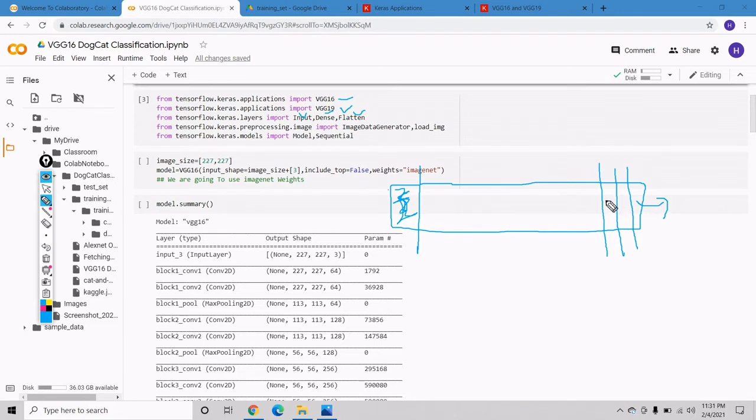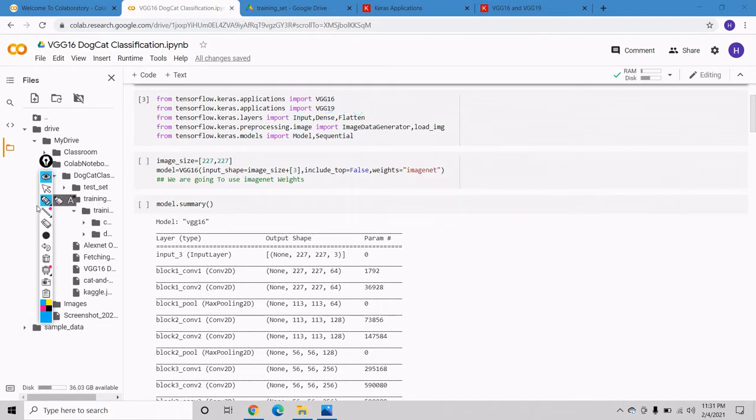Between these is a whole architecture which is already trained in Keras applications. So we are going to use the same weights and same biases.